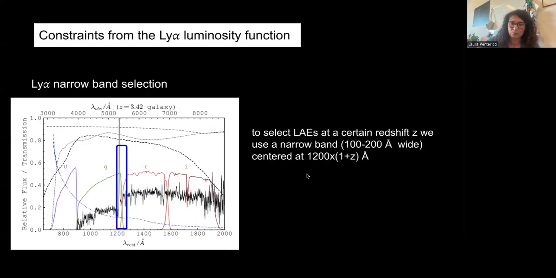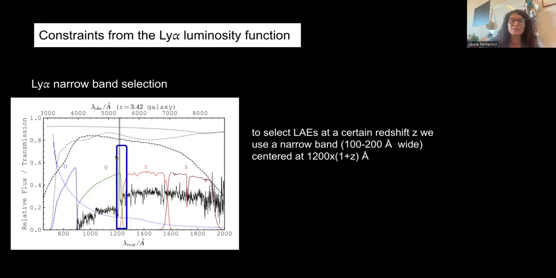Okay. So the first constraint I will talk about are constraints that we can get from the Lyman alpha luminosity function. Now, just a few words on how we determine the Lyman alpha luminosity function. So here is a spectrum of, say, a redshift 3.4 galaxy with its Lyman alpha. You see the green line at 1,216 angstrom is the Lyman alpha. So you have the spectrum of the source, and if you